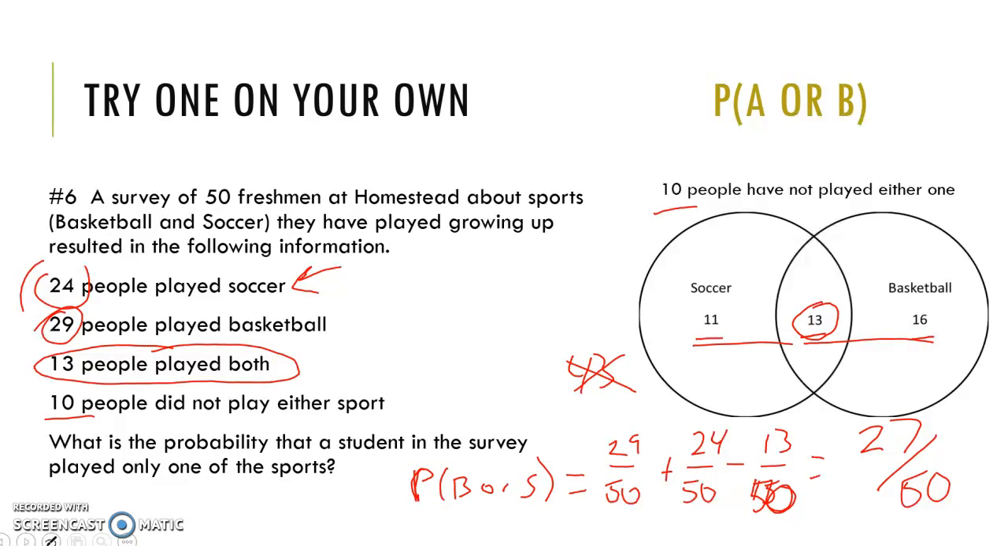Okay, so I asked the wrong question. What's the probability that a student in the survey played not in only one of those sports, but played either basketball or soccer? And that would be the 29 plus the 24, which is 43 minus 13. That would be the 30 out of 50 played one of the sports. And I could get that if I added all of these together: the 11 plus the 13 plus the 16 adds up to a total